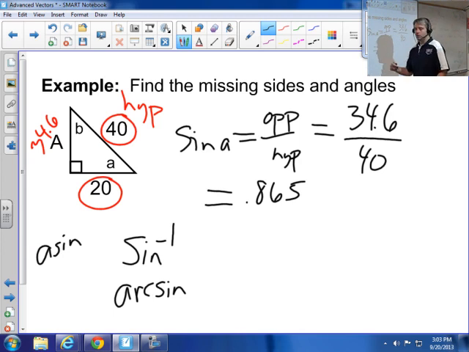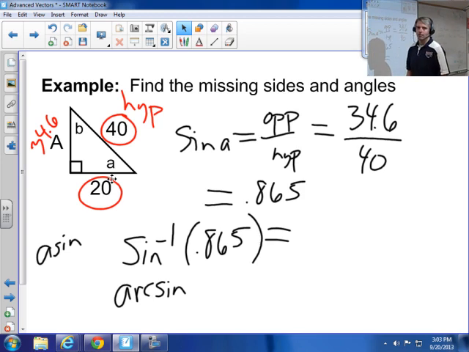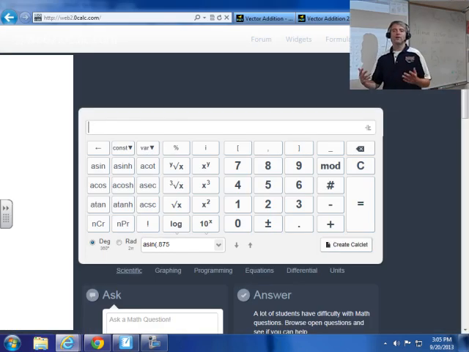So I want to do this inverse or arc sine. And what do I put as my input? What the sine actually was, 0.865. That was my ratio. The sine was 0.865. And if I plug the inverse or arc sine of 0.865 into my calculator, and I'm careful to make sure I'm using degree mode, it will give me the right answer. Let's do that now. Now let me show you how to evaluate an arc sine or inverse sine